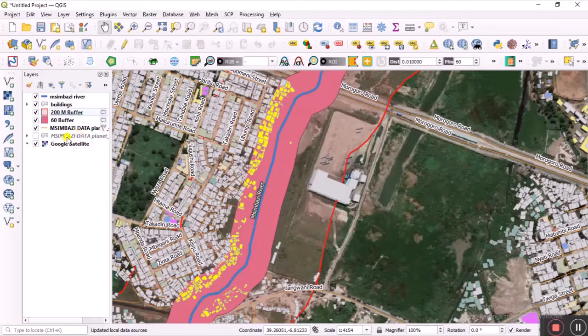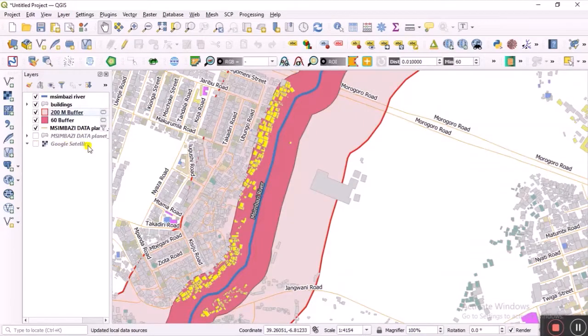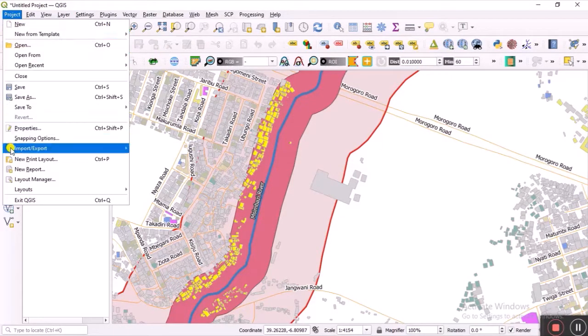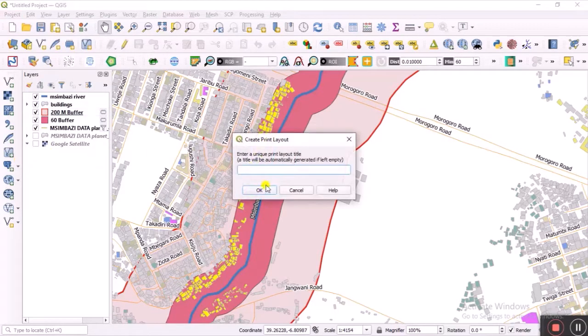And that's it. So from now we can just remove the base map, and we can establish our final map showing areas that are prone to floods for flood management activities, and also for the government to see which types of infrastructure are affected, and to design mitigation measures. So to finalize this map, we have to go to the project and click new print composer, and we can